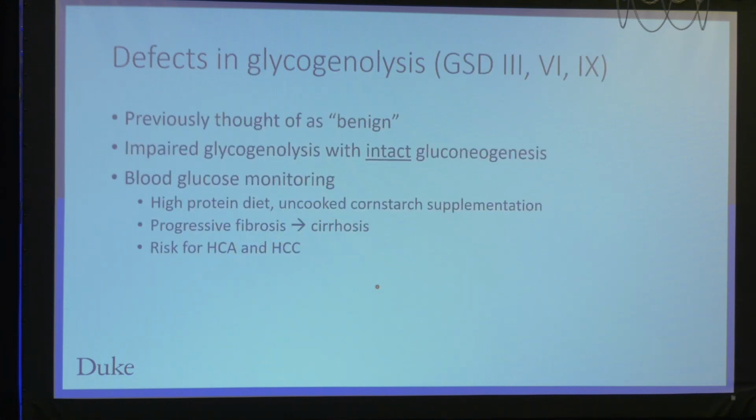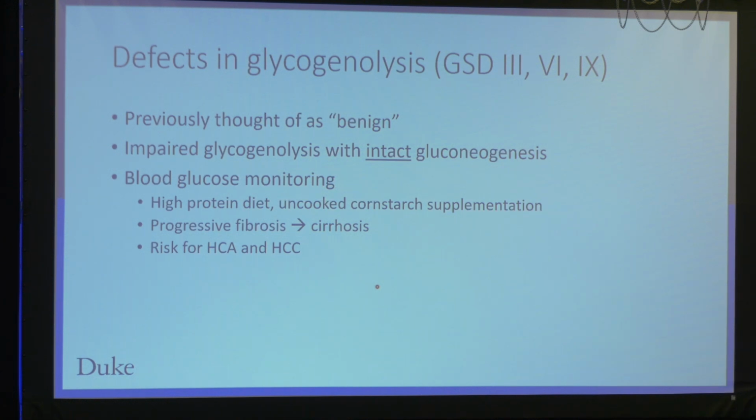So now let's come back to what's common between all of these. Very often, and I think for GSD3 it's less often thought of as benign, but there's often the thinking, you normalize the liver enzymes, you correct the hypoglycemia, and things are looking great. I'm going to try and fix this concept for us so that those patients with GSD3, and those with 6 and 9, are more empowered to further understand. Yes, we've got an intact ability to make glucose from protein, as Dr. Arik pointed out, which is called